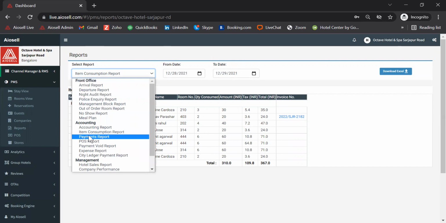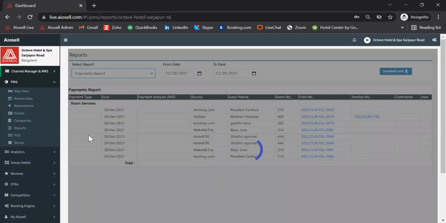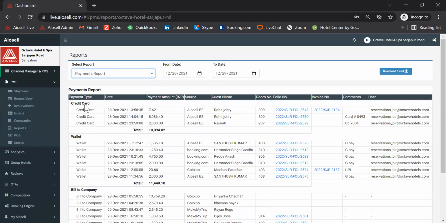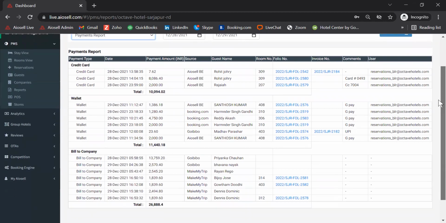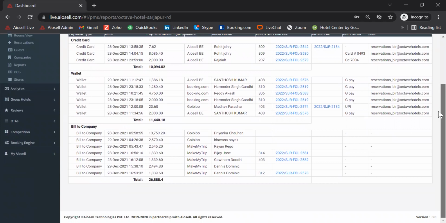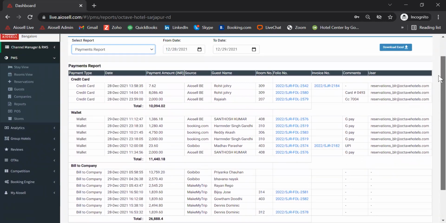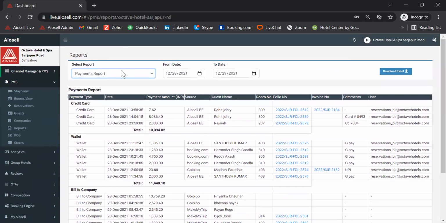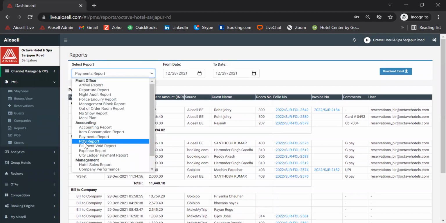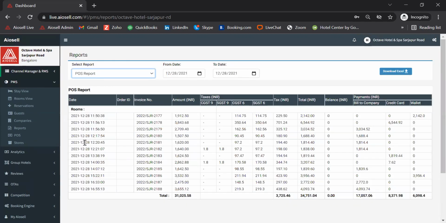The next one is the payments report. So here you will be able to see from different sources or different modes of payment, which are the payments which have come and done by which particular guests. The next report is the point of sale report. So here, as I mentioned, we have various point of sale.